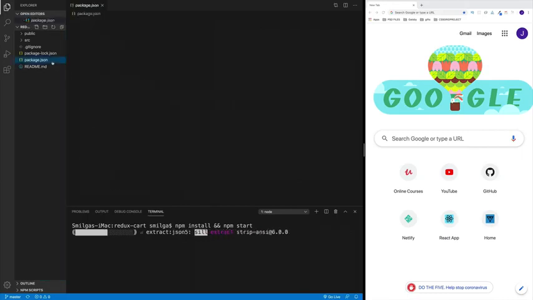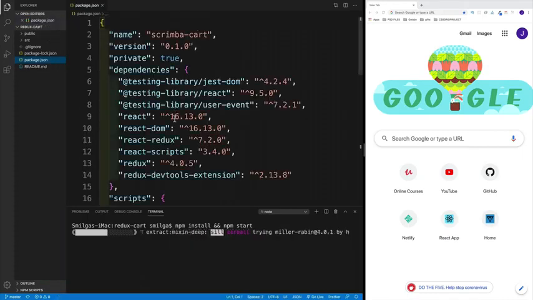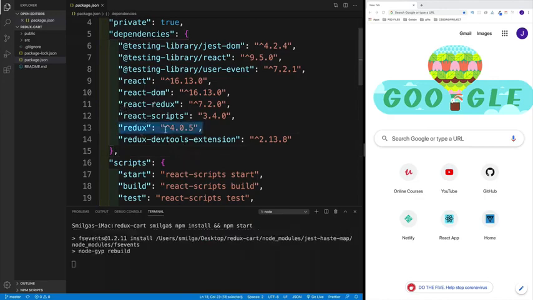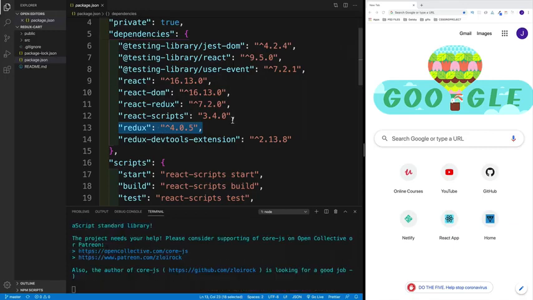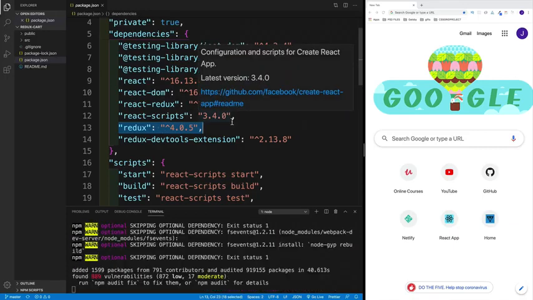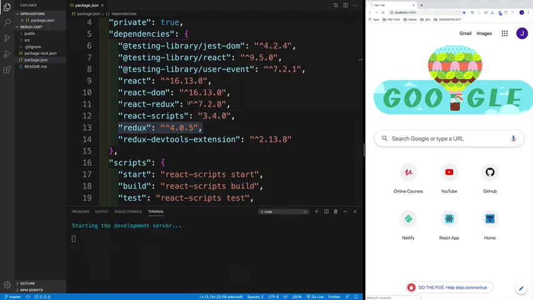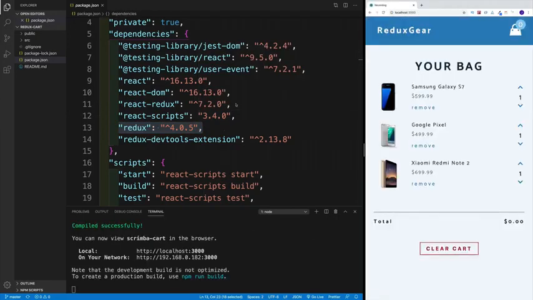Now, I do want to mention that I right away installed all the dependencies as well. And more specifically, we're talking about two dependencies. So we'll have Redux that is responsible for storing our data and then giving us methods to update our data. And then we'll have React Redux that will allow us to connect our Redux store to our React